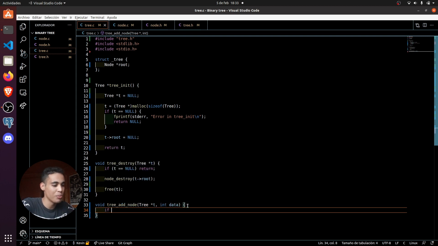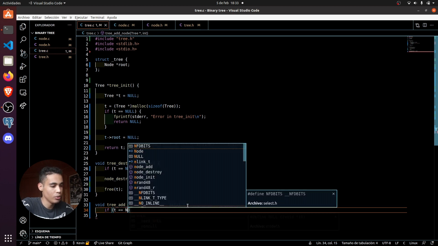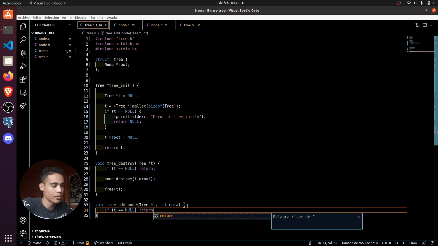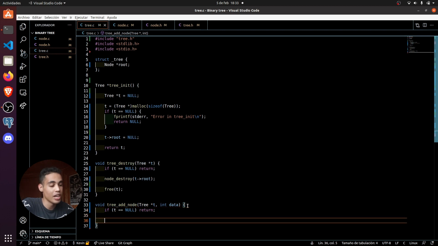So for example, if we put here, well, first of all, we have to check that the tree isn't null. If t is null, then we return and we don't do anything. But if not, we have to check one thing. Do we have a root node? In case we don't have it, we need to add a new root node. So here we are going to say if